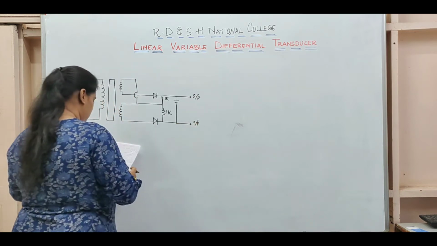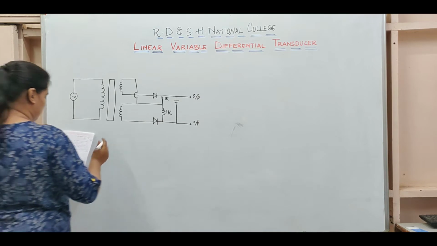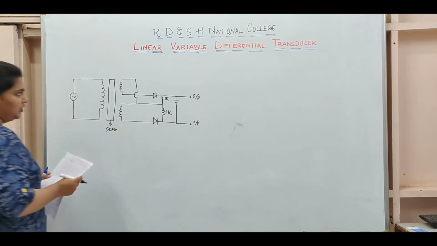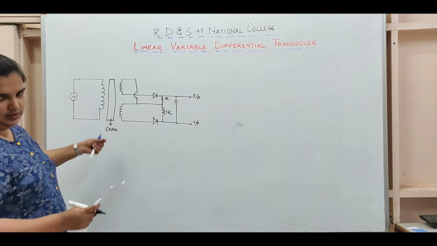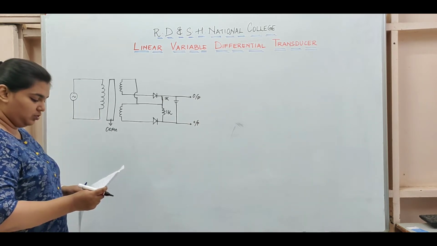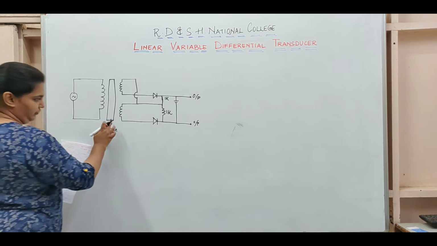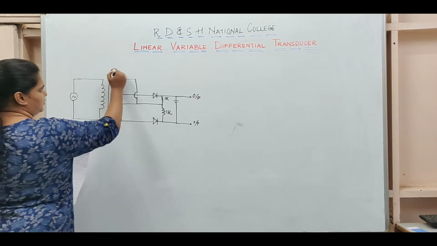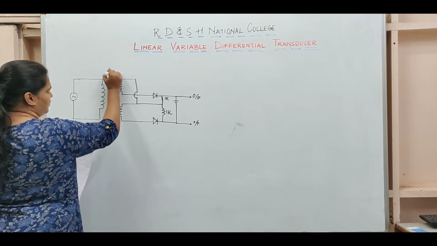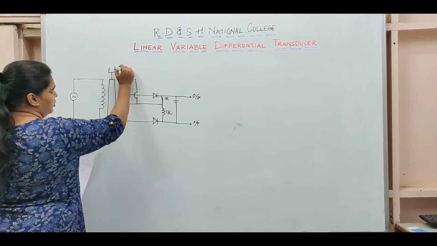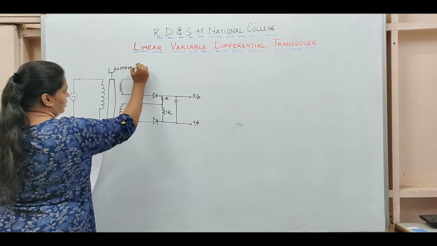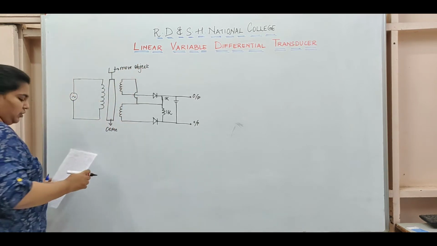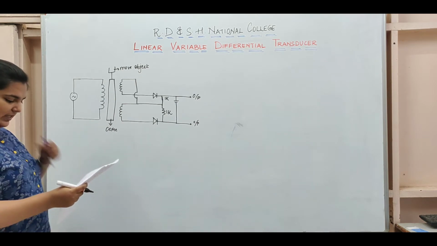So what happens is, this movable coil is actually called a core and is made up of a ferromagnet. So it's a bar magnet or a coil which is a ferromagnet, called the core. One end of this is fixed to what we have to move. So suppose this is the fixed end and here is the object which I want to move. So one end is connected to this moving object, and the other end is a free end.